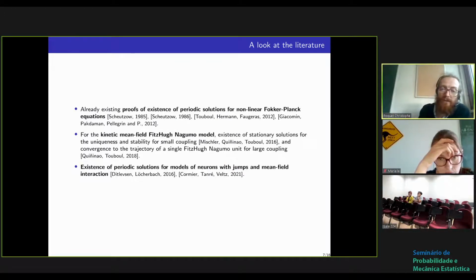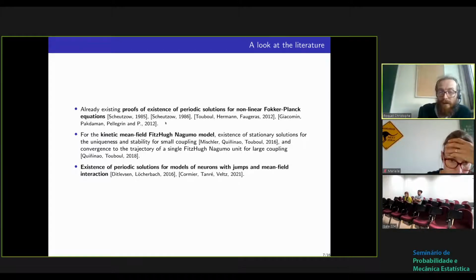And of course, let me just talk a bit about the work that has already been done in these directions. There are people who were already interested in the existence of periodic solutions for nonlinear Fokker-Planck equations. In fact, the first one who showed that this is possible is Michael Shchutzenberger, who gave examples of nonlinear Fokker-Planck equations with periodic solutions. And other people did it also in